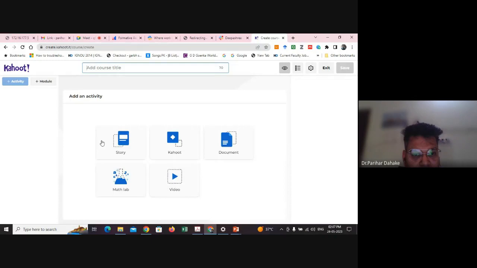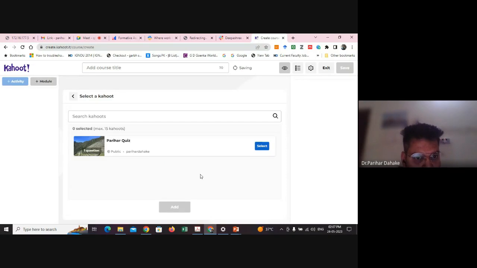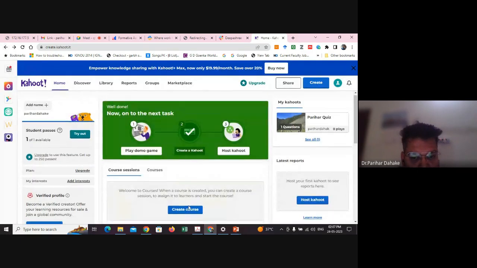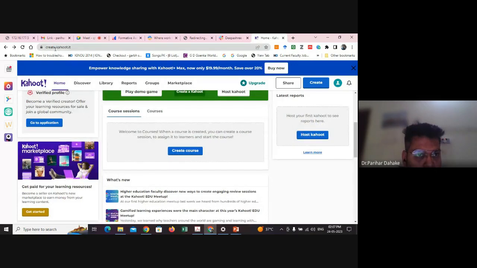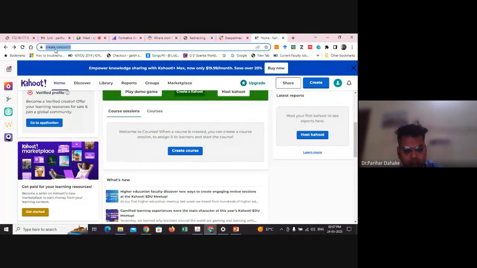Here you can conduct a number of activities. You can create your Kahoot test. You can create your Kahoot song activities. You can create a number of things. As far as the creation is concerned, you have to go to create kahoot.it.